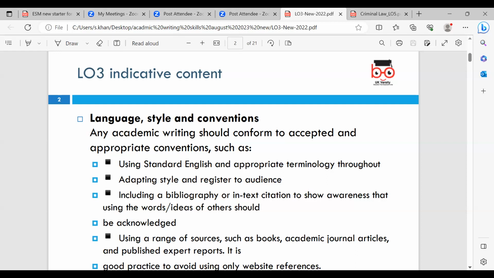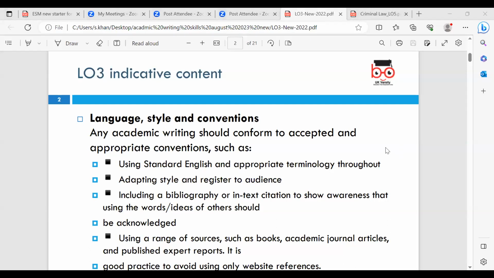Why is it important to use in-text citation and bibliography? Why do you think it's so important to use that? You identify the source you got your work from. Yes, sources. Why is that so important, that you identify your sources? Because it's not your work. Excellent. It's not your work, is it?